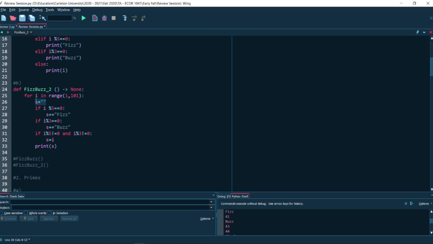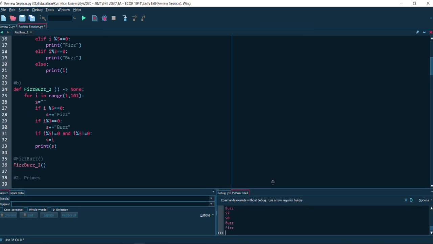And this is not good practice. I just wanted to show you that you can do it with one print statement. But in good practice, you don't want to set your string variable to a number, even though Python allows it. But yeah, if it's divisible by neither, I just set it to the actual number. And you can see that this program will also give you the same output.